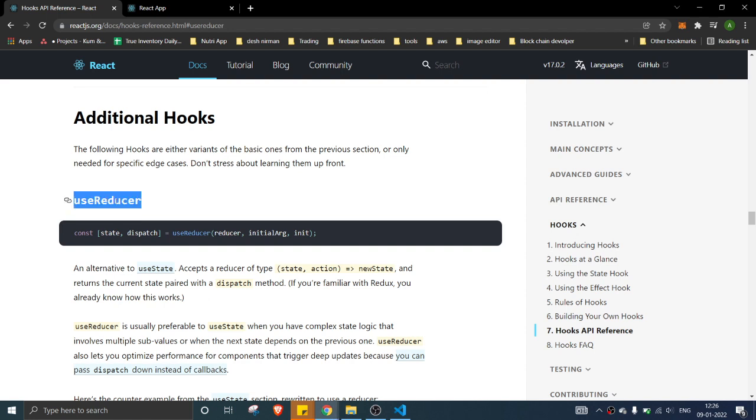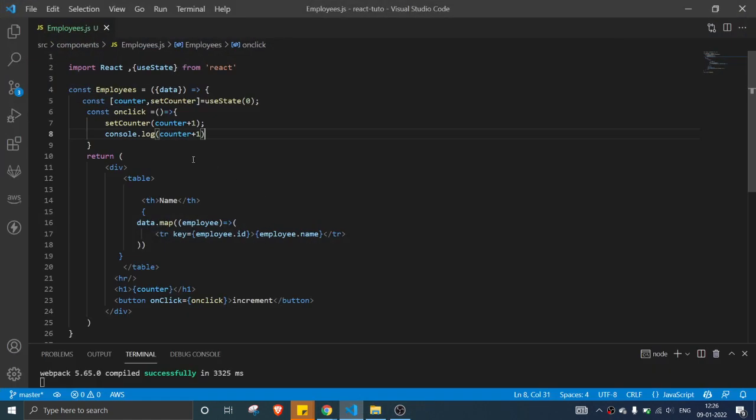So what is useReducer? useReducer works similar to useState, but you can see the syntax. This is the basic syntax of useState. It accepts the state and the action which needs to be taken, for example the action which helps you to update your state.